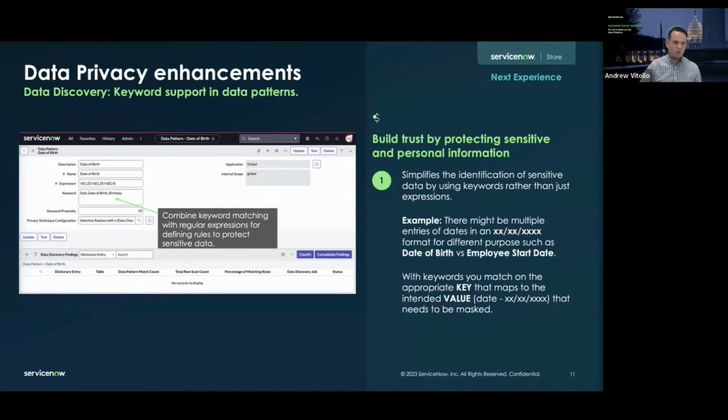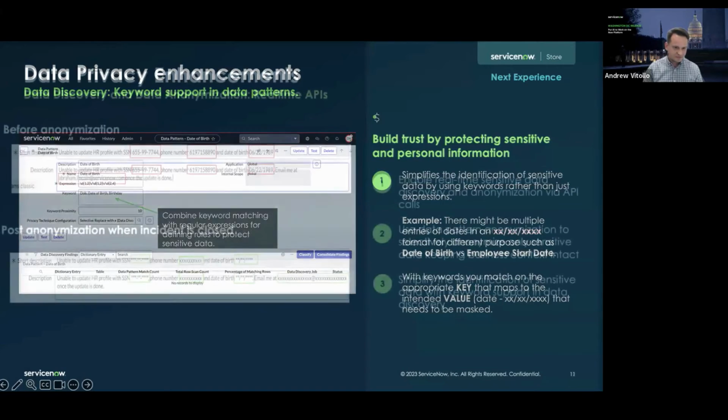That way, when we go through and discover the sensitive data, we are able to target that particular key value pair and then properly handle that piece of data. So very powerful, it allows you to be much more precise and targeted with your discovery of sensitive data on a ServiceNow instance. That's one I'm really excited about, and I think we have several customers that are already getting their hands on this today.